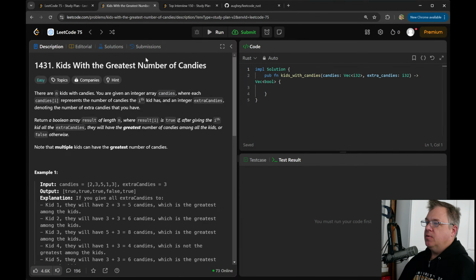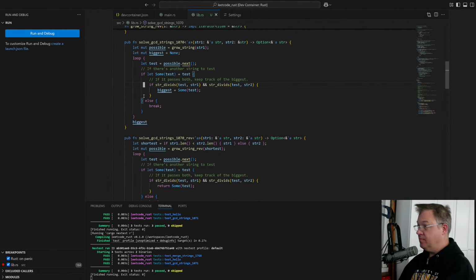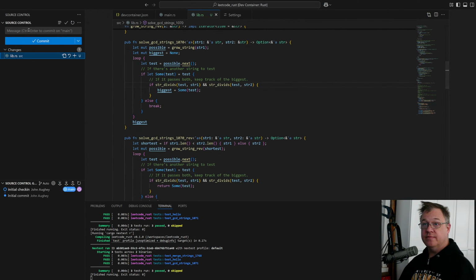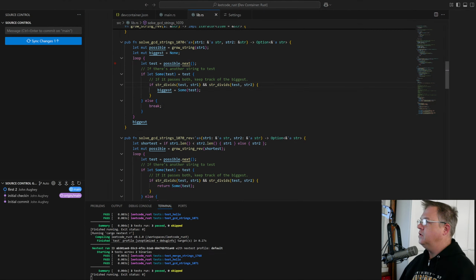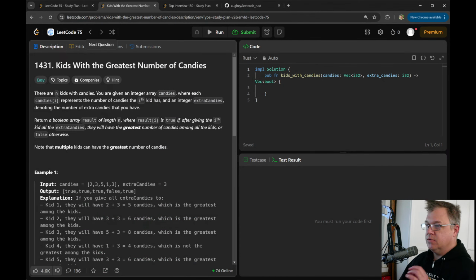Kids with the greatest number of candies. Let's remember to switch over. Where are we at with time? We're going slow. Okay, let's see this. Kids with the greatest number of candies. There are n kids with candies.